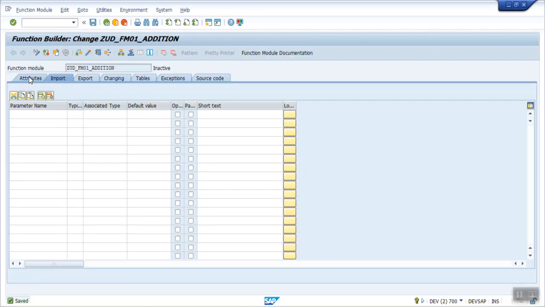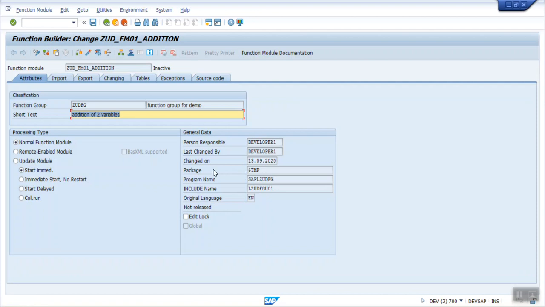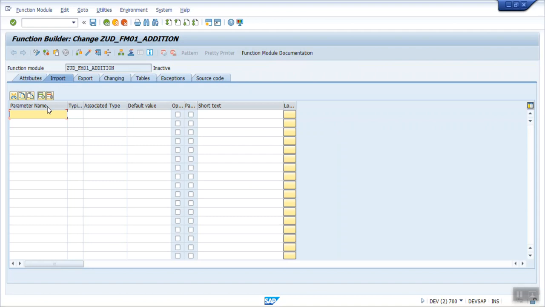Now in the attributes, we can see the default data generated by SAP. If you want to make this an RFC, select this radio button. Now first we'll create the normal function module, and if you want to add any documentation, we can add it here. So here we have the importing parameter. Just add IP_A, and type is I. Mark as optional. The second parameter I want as IP_B, that is the second variable. We can give any name here. Again, this will be of type I.